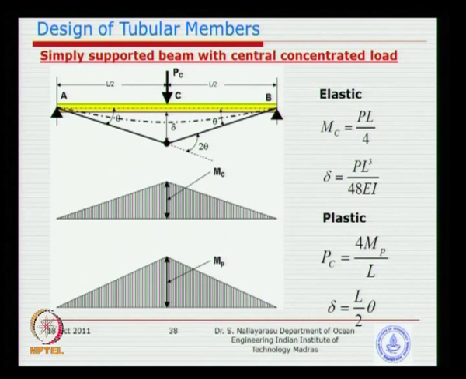Yes, we can do that in the next slide. Basically, before that we can also calculate the deflection at the center by simply using the small angle principle. I think you might have seen this: delta equals L by 2 theta. For small angle, tan theta becomes theta. So you can just use L by 2 theta, which means that the beam cannot keep on deflecting infinitely, because the beam will get separated.